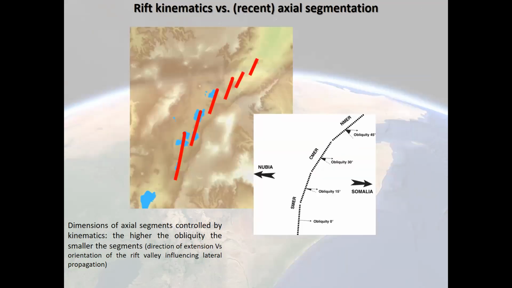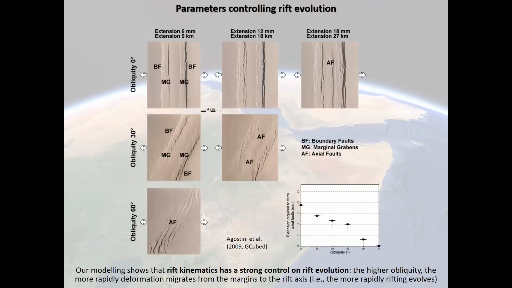And this is somehow what we see in Ethiopia, because passing from the southern part to the northern part, so from the less oblique to the more oblique sectors, we have a reduction in the dimension of axial segments. And you see here that in the northern part, you have very small segments because the obliquity is the highest in this sector. But the other, probably more important consequence of obliquity is that